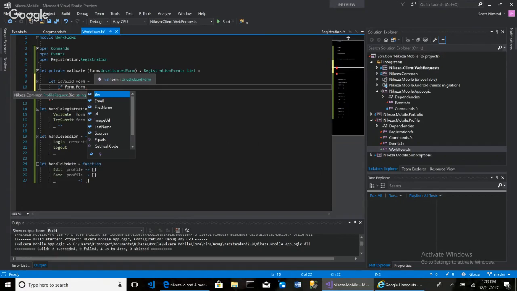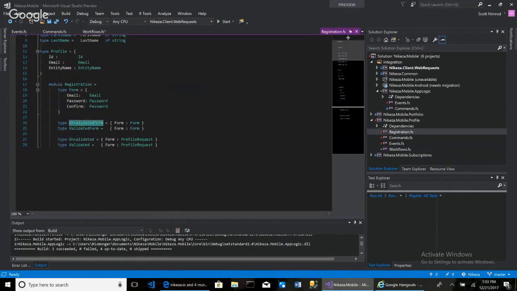And validation should make sure that an email address looks like an email address, and your password and confirmation password are exactly the same, and that's it. That's what we really should be doing here. So your unvalidated form here, this form here, this is what we want right here, but